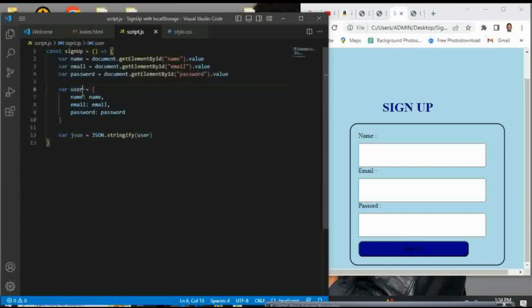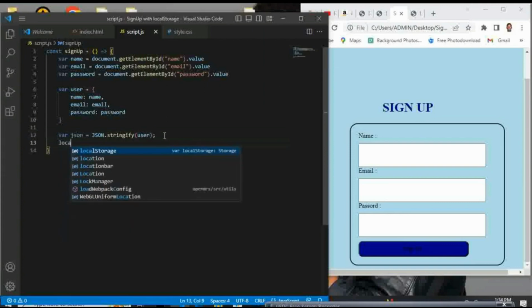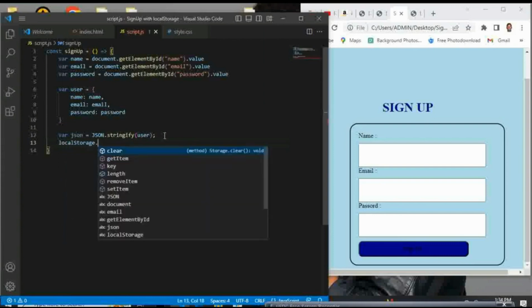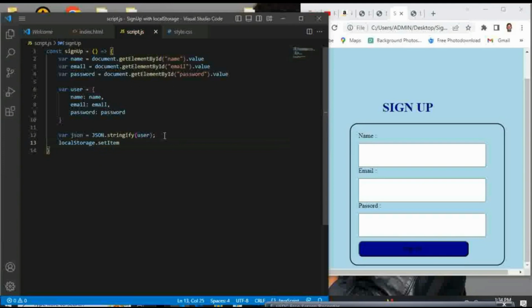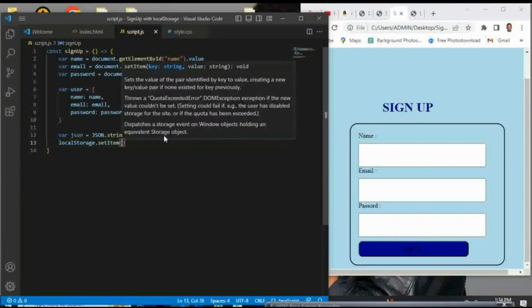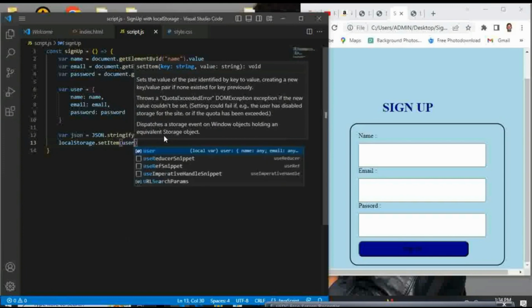This is in form of object. Stringify will help to turn it into string. So for that case, I will say local storage dot set item user,